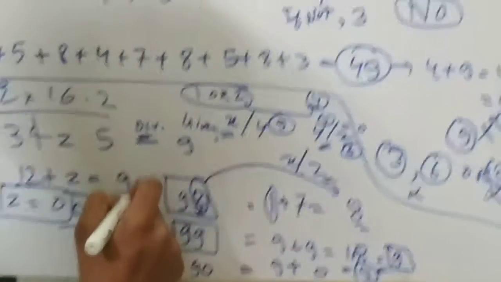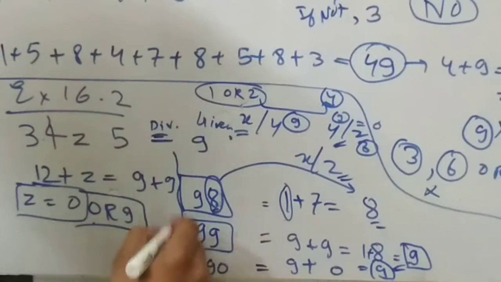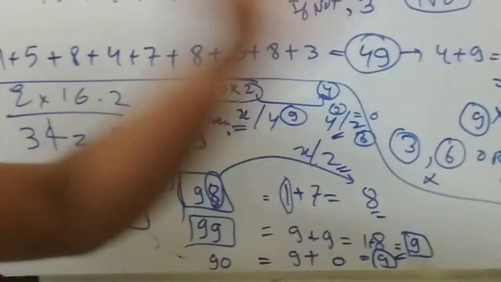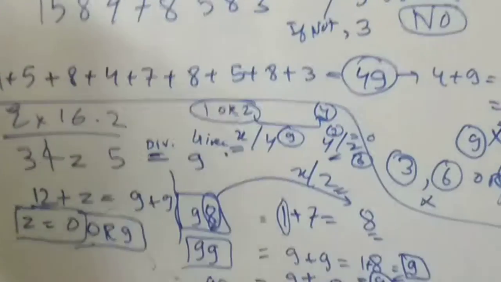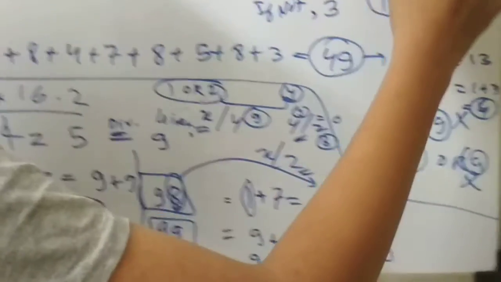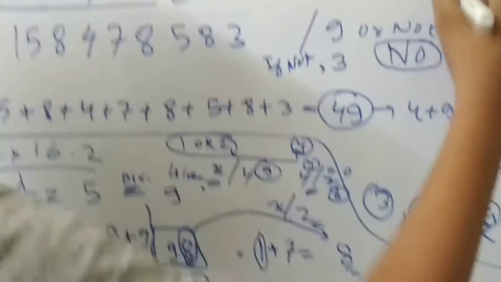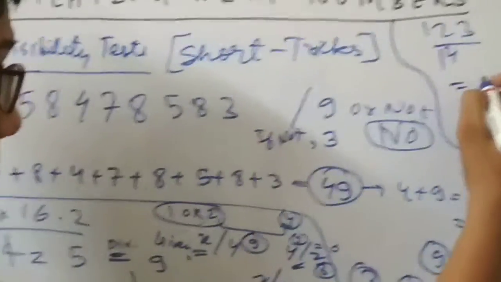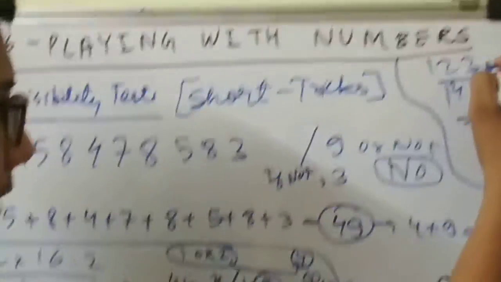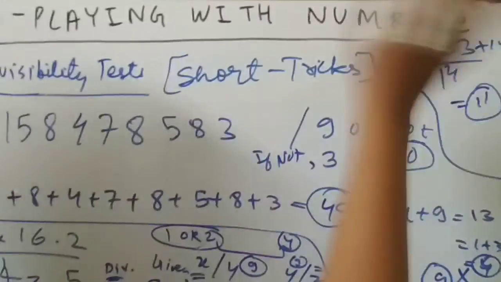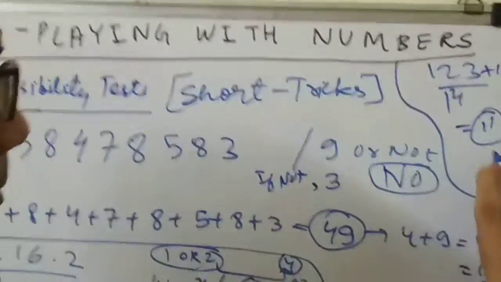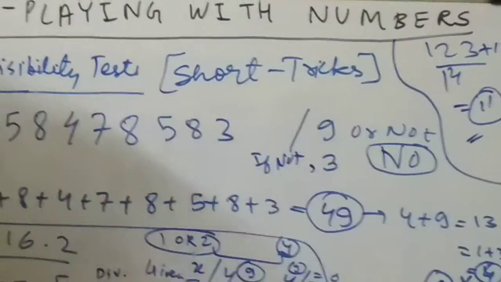It should not be negative. So you have to convert this by adding 9, because if a number is added by 9, it won't change its remainder. I am explaining it to you: if a number like 123 is divided by 14, the remainder will be 11. Now if you add 14 to the original number and then take the remainder, again it will be 11 only.